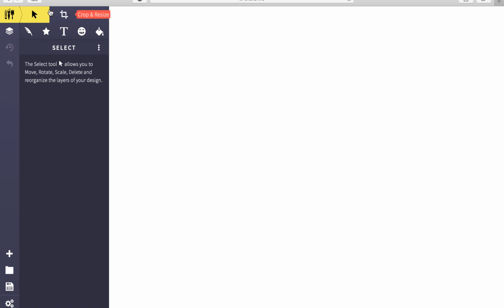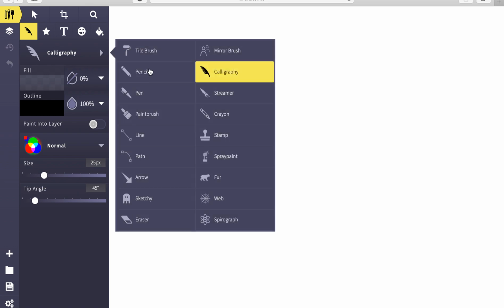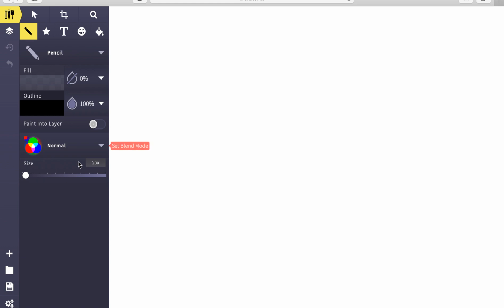you will see in the side toolbar there is an icon that looks like this. We call it calligraphy, but for drawing we didn't use this one. We have to change to pencil. So you have to click this icon and go to this drop down list and choose pencil, and see at